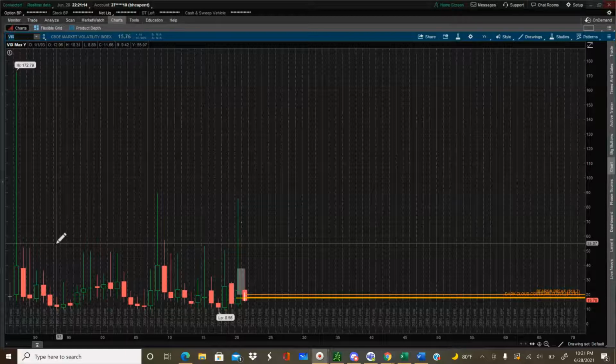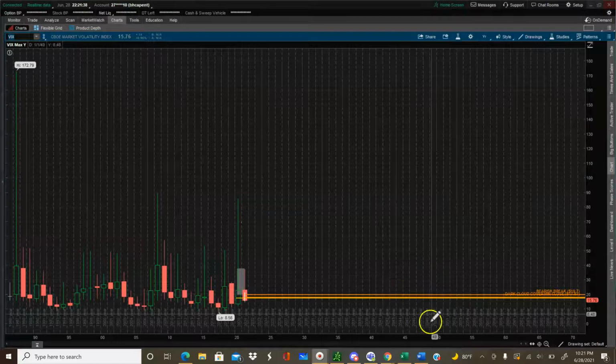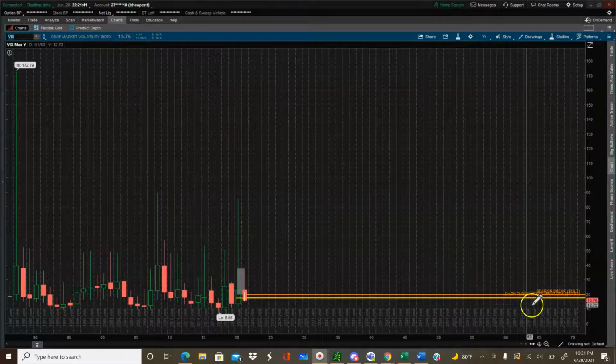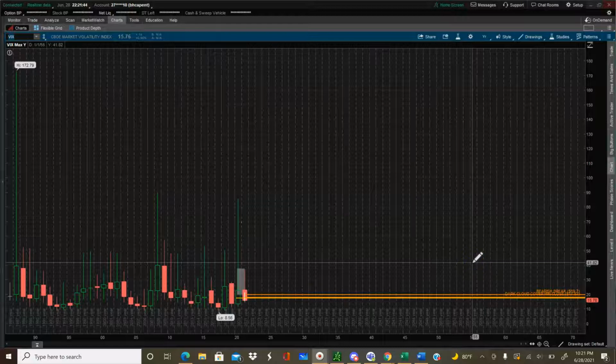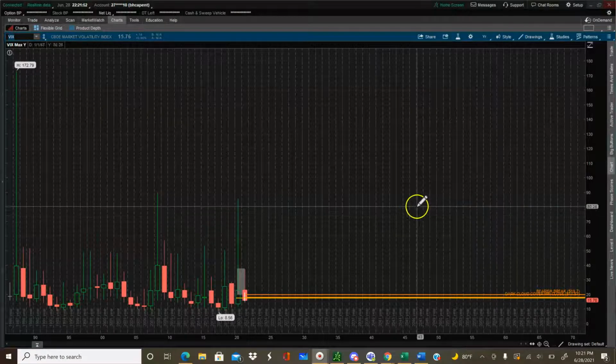VIX is definitely something that I have on my watch list, and I watch it on a near daily basis, because it's important. VIX affects the pricing of options and the movement of the stock market. So it's definitely something that I believe is important to keep an eye on. As you can see, I have some trend lines there and some price levels, and I'll get to those a little bit later. We'll just start with, as I usually do, the yearly chart for VIX.